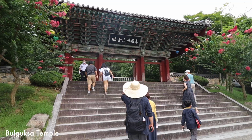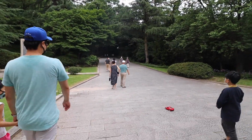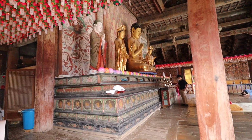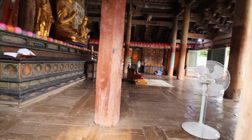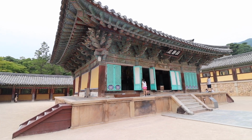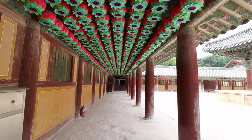It's a really big complex and it's divided into 3 main areas. There are these wooden buildings set on top of stone pillars, and some of them have a temple inside. It's an active temple. You can enter the shrine. You have to take off your shoes when you go in. These are reconstructed buildings because the original buildings were burnt down during wars, and the grounds are also decorated with